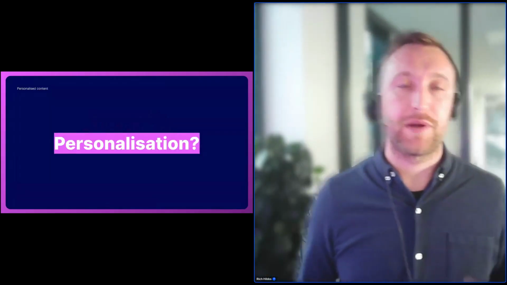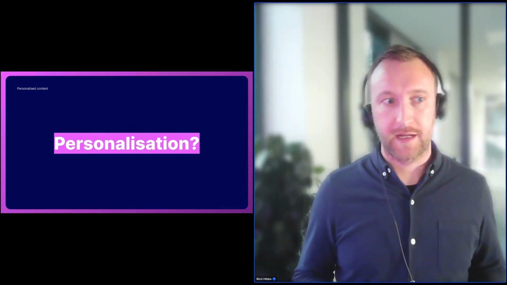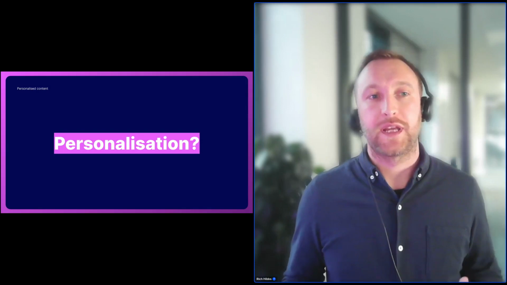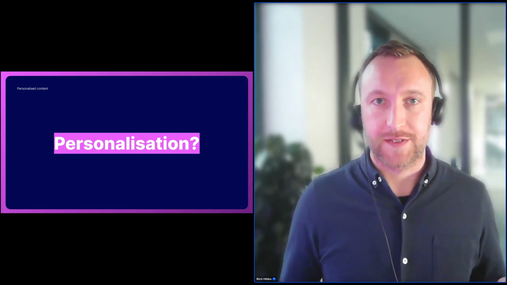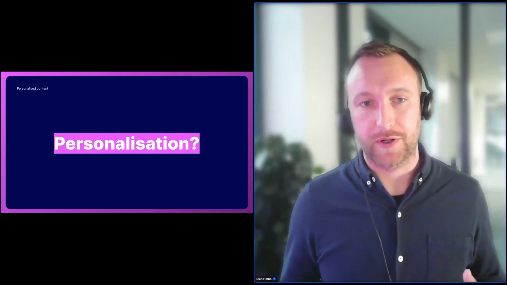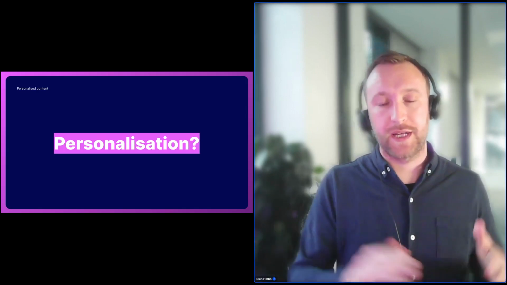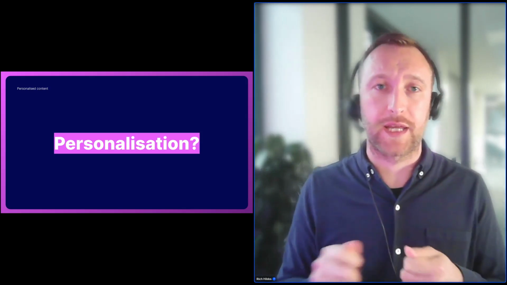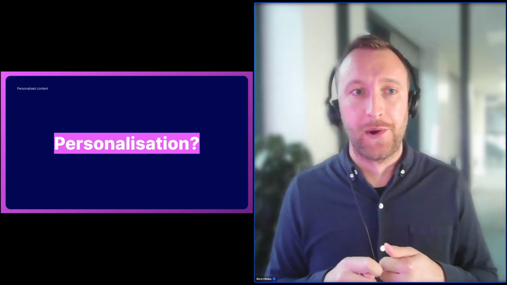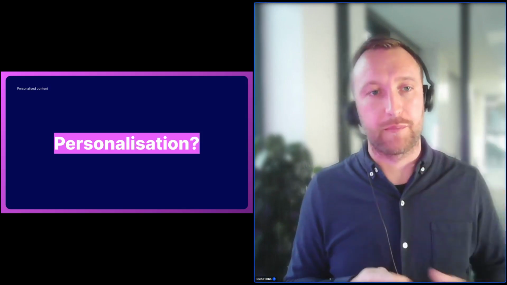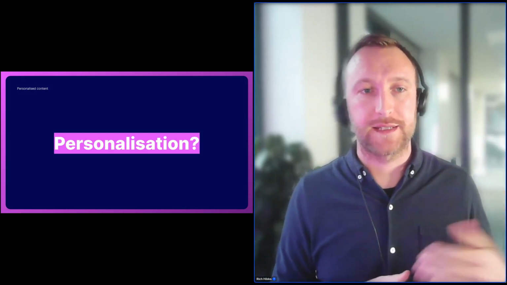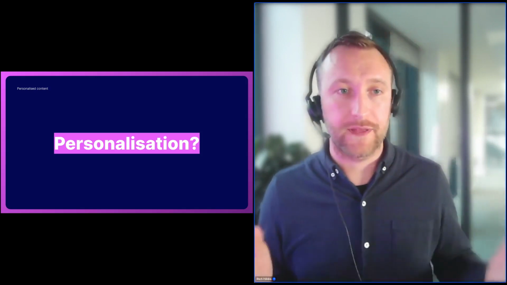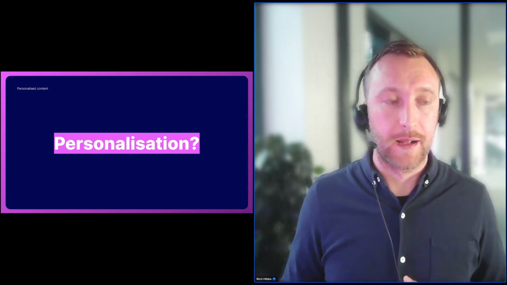But obviously, I've said the word personalization quite a few times now already. So what do I actually mean when I'm talking about personalization? I'm talking about customers' preferences. So when they're looking at your product at any stage in the customer journey or the sales funnel, whatever you want to refer to it as, what are the choices that they're looking at? What are the things that are interesting them? In automotive, it could be the paint color, the rims, the interior. In clothing, obviously, the size, the color, all of that kind of stuff. The customer preferences, what they like.